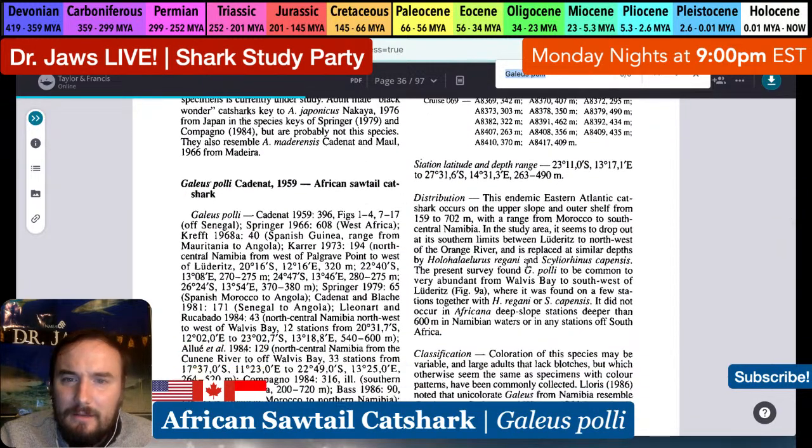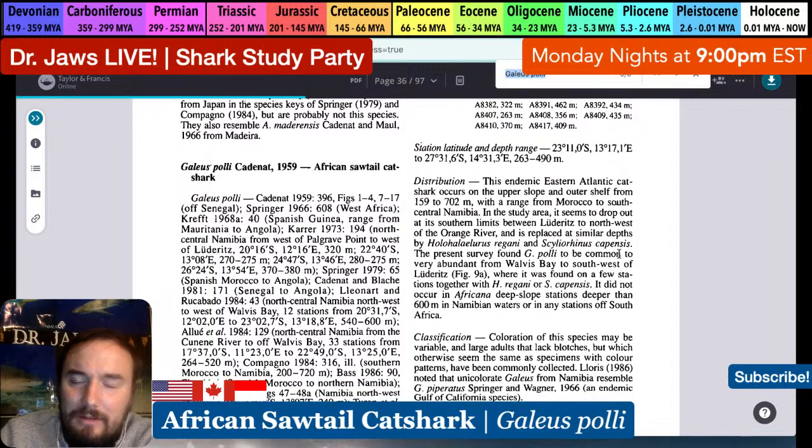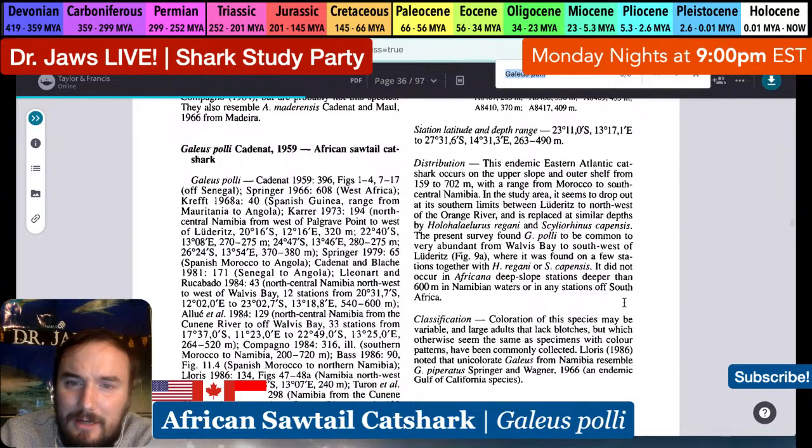Do they have any notes? This endemic Eastern Atlantic catshark occurs on the upper slope and outer shelf, with a range from Morocco to south-central Namibia. The study area seems to drop out of all southern limits between Luderitz and the northwest of the Orange River, and is replaced at similar depths by Holohalaelurus regani and Scyliorhinus capensis. The present survey found the African Sawtail Catshark to be common to very abundant from Walvis Bay to the southwest of Luderitz, where it was only found at a few stations together with H. regani and S. capensis. It did not occur in the Africana